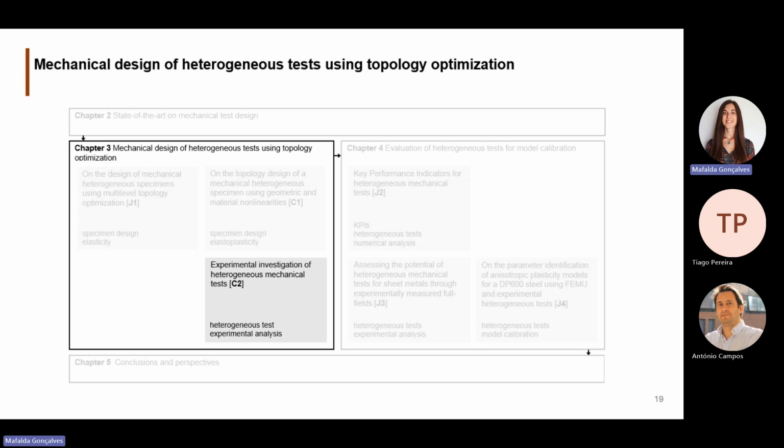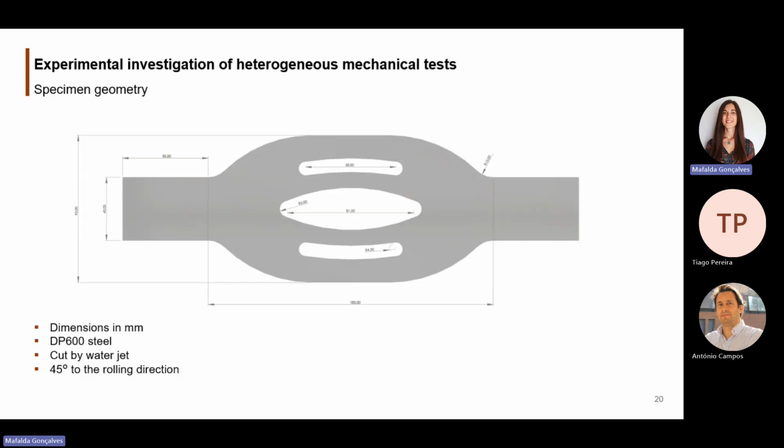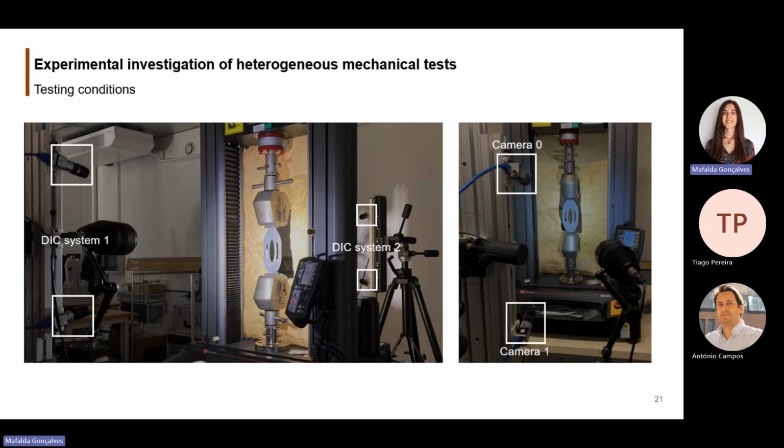The third and last part of this chapter consists of the experimental validation of the developed test. After some smoothing and scaling procedures, here is a specimen geometry for a heterogeneous test. It was machined using DP600 steel. It was cut by water jets at 45 degrees to the rolling direction. For the testing procedures,